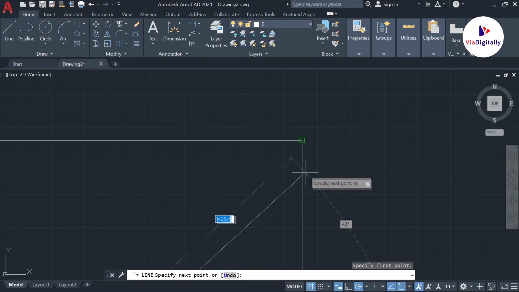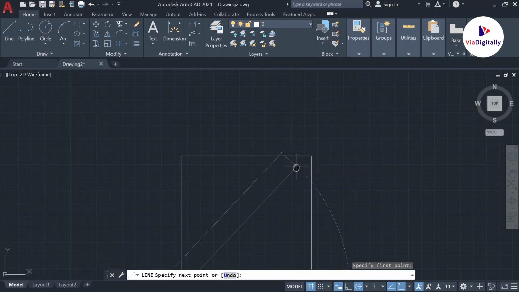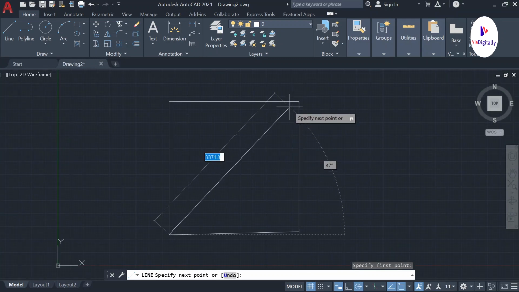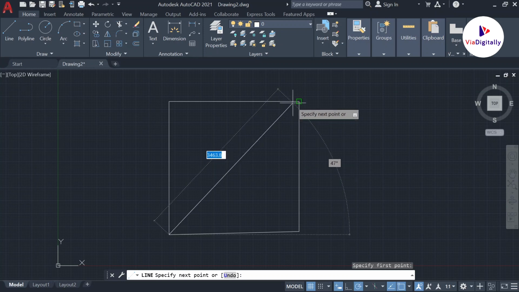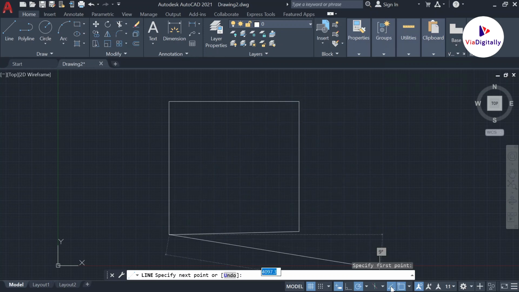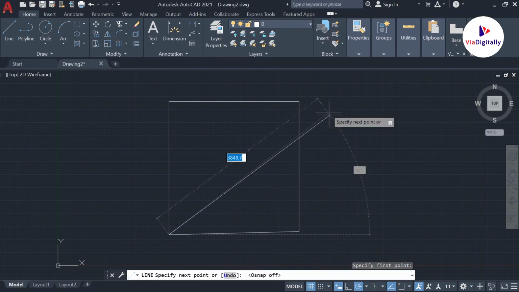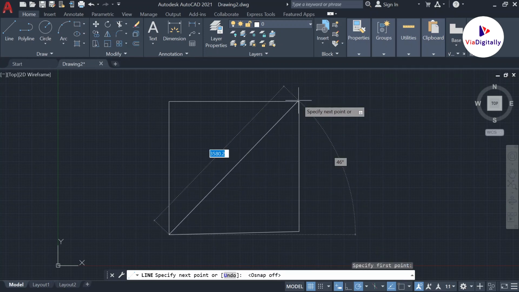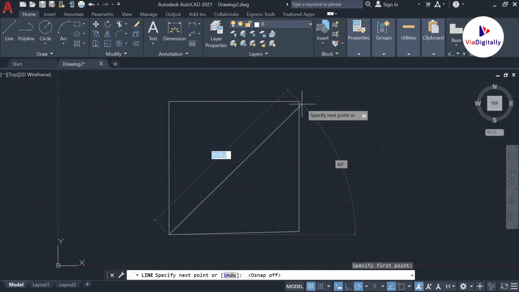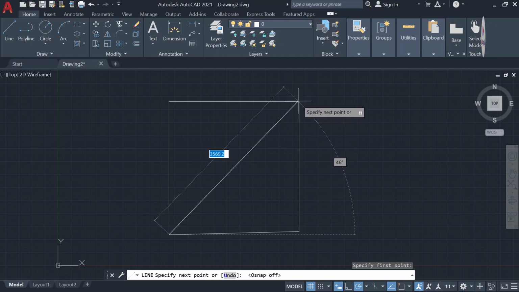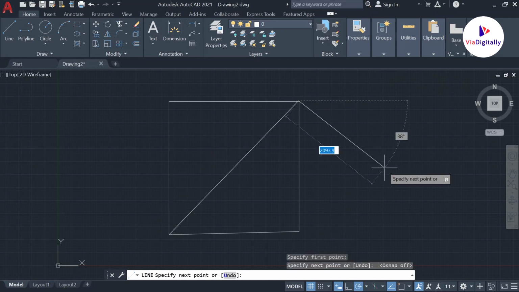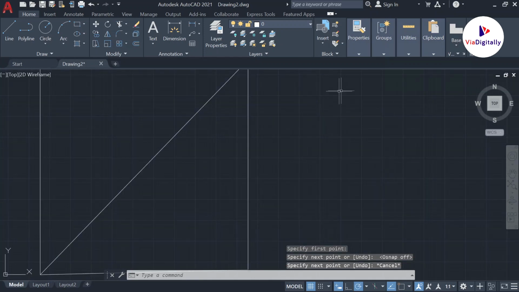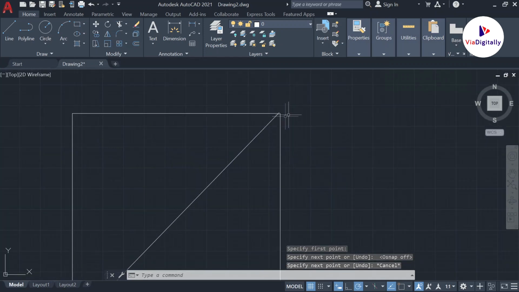Without using the tool, you will get more technical errors. For example, due to some vision errors, I simply click somewhere here after turning off this OSnap. Let me explain to you. This is OSnap, I am turning it off, so I cannot see that point now. So I am simply clicking somewhere, assuming the point would be here, and I am clicking there, and I am pressing escape, which means it is coming out of the command.